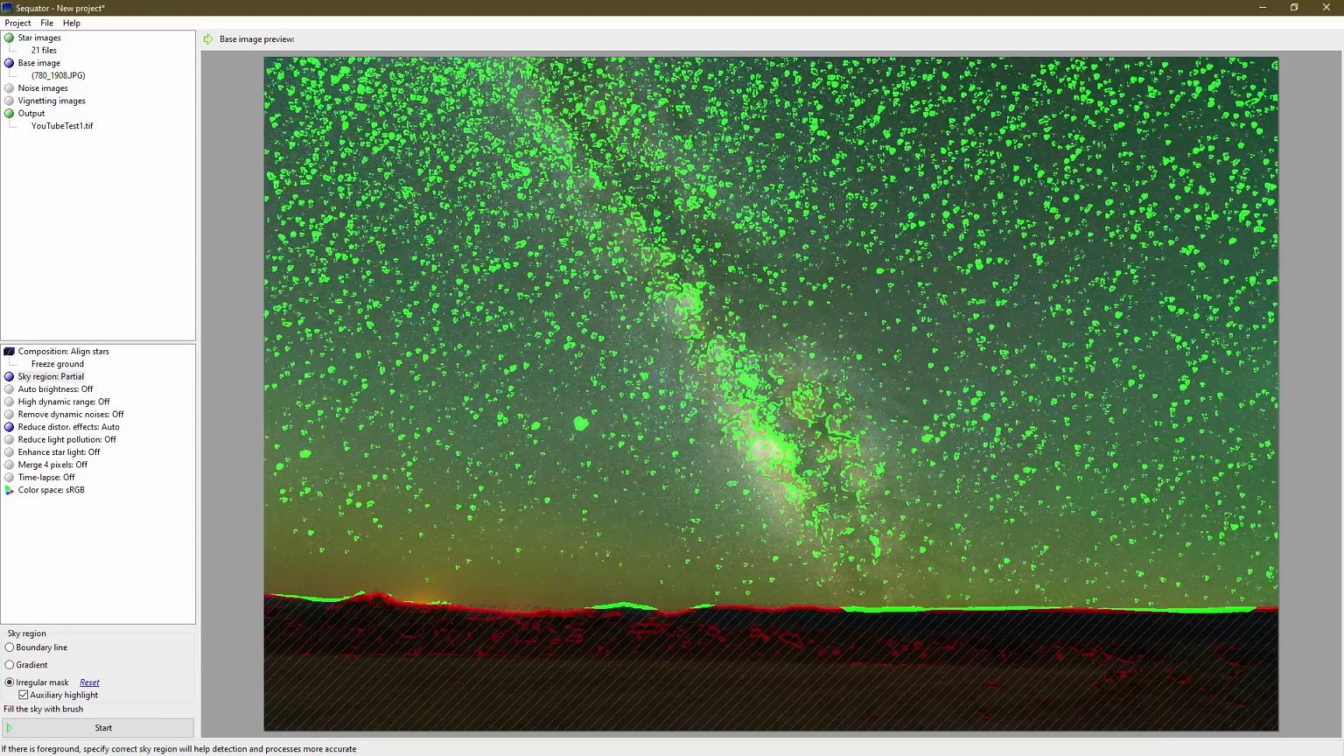But do the best you can. If you accidentally paint in green on your foreground like I did just there, you can use the right click on your mouse to erase it. So left click will paint in, right click will erase if you need to. But once you've specified your layer mask like you see here, the only thing left is to come down to